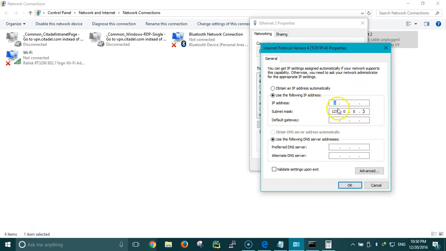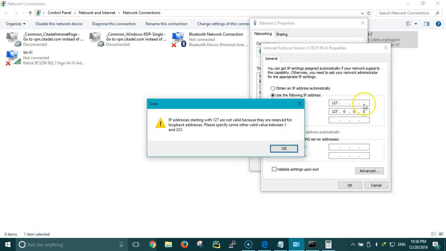And if I try to put 127.0.0.1, I thought that would work, because even though it is not in any class, it is still a valid IP address, because that is the IP address of the NIC. So 127, oh, it is not taking, so my bad. 127 is reserved for loopback address, so you can't assign that. But basically you can assign any other IP address that you want.